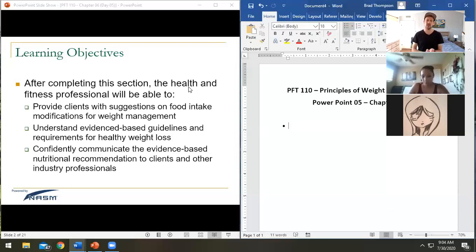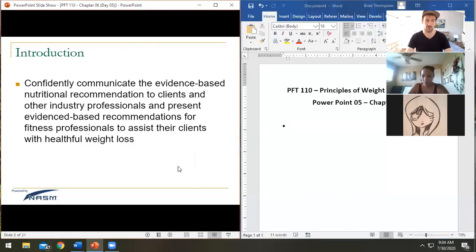And then I want to remember to also talk about something that's just outside of NASM's recommendations that I have done a lot of reading on that I find to be really effective. And then communicating any nutritional recommendation to our clients, right? That's a big part of what we do. Communicating evidence-based nutrition recommendations to our clients is a huge part of our job